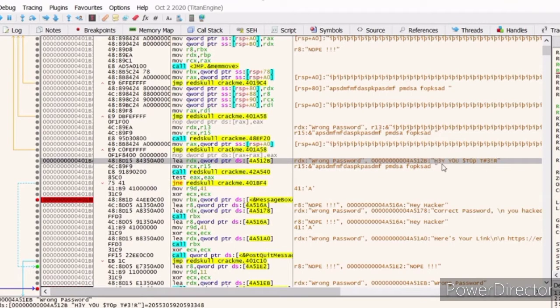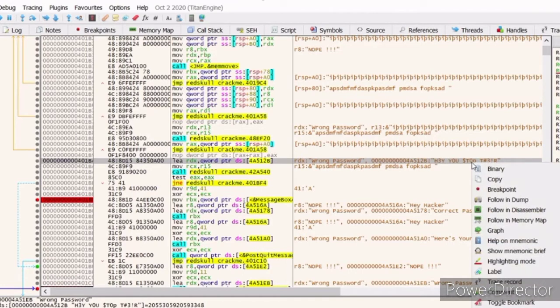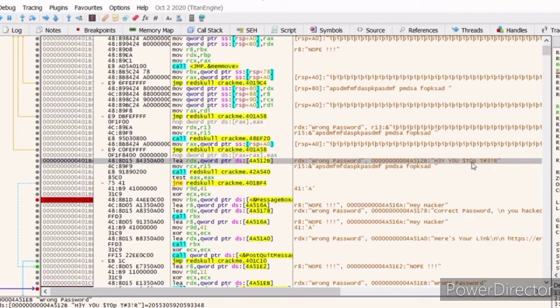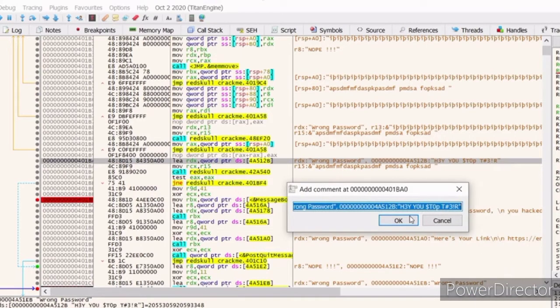And here you can see this another string which basically is our password, because every time we enter a password it gets compared to that string, and if it is equal then the jump is cancelled and we get the correct password message, and if they are not equal then jump if not equal to works, and then it jumps and we get the wrong password message. Now I will just copy that password and save it in the notepad for future reference.